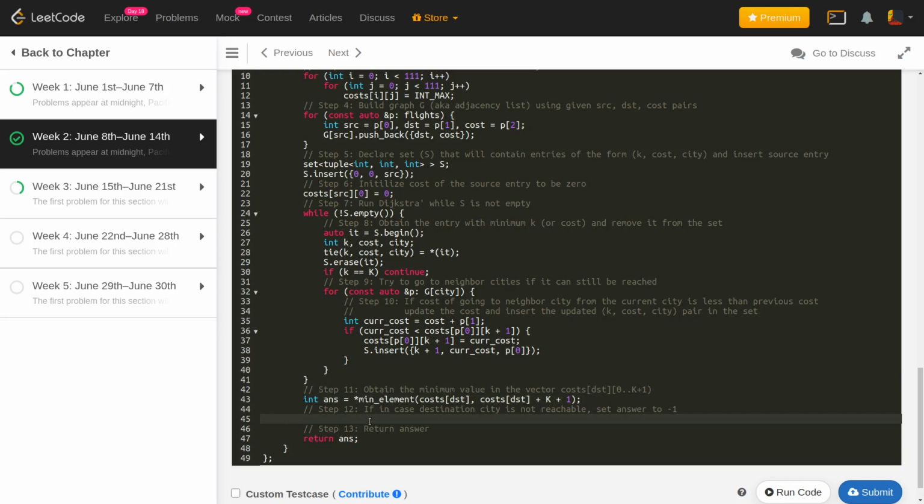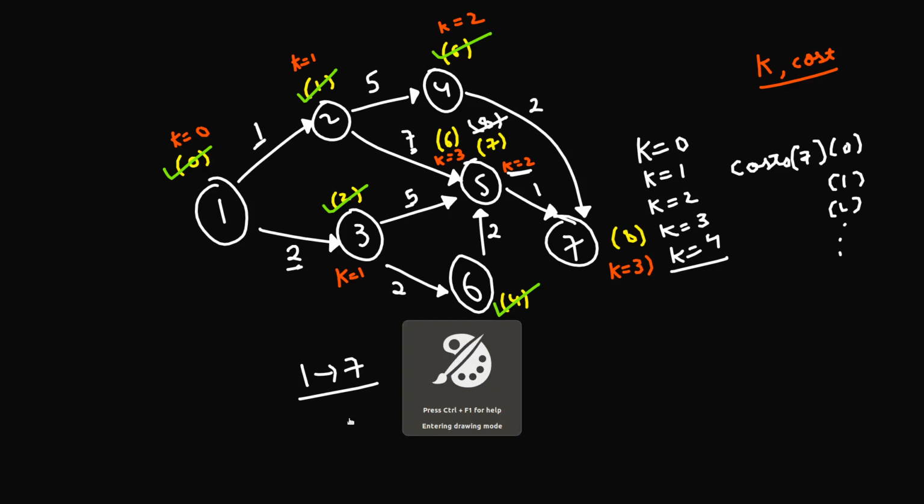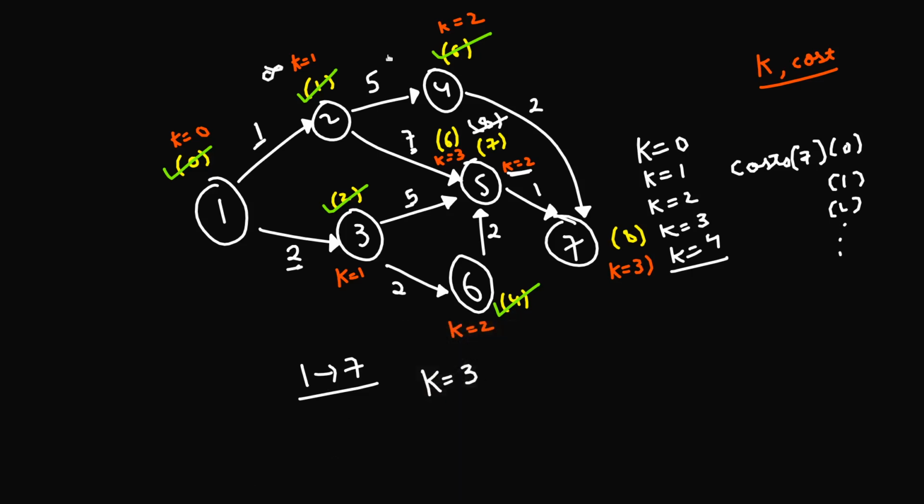And suppose I am not even able to reach this destination. Since I told you before that I'll be initializing all the costs to infinity, because that's what we did, we initialize all the costs to int max. Now suppose in this whole process you were only allowed till K equals 2. The moment you are here with K equals 2, of course you cannot go to the neighboring city because that's not allowed, because you can only reach till K equals 2. So if that is the case, the cost of this destination city is going to remain infinity.